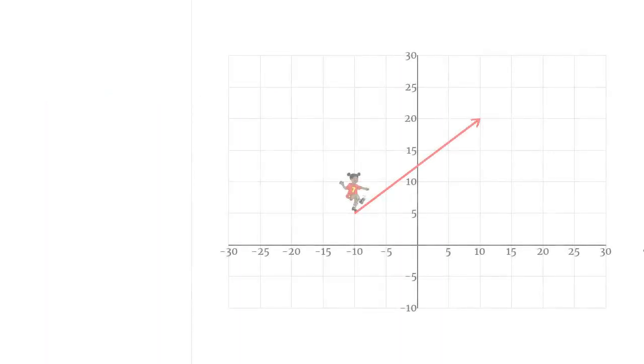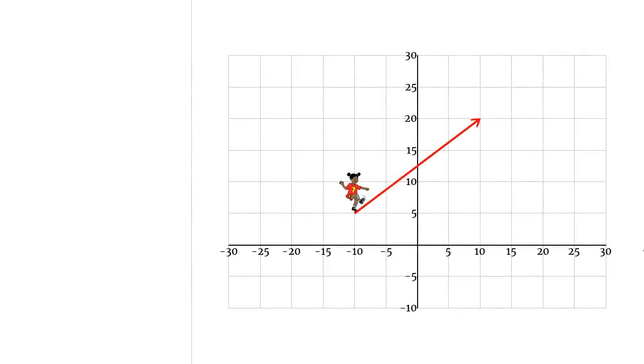In our last lesson, we started learning about vectors in 2 dimensions. Here's an example, the same example from the last lesson. We've got a soccer player, and she undergoes a displacement from one position on the field to another. So suppose we're given this vector diagram, and we're asked to measure the magnitude and the direction of the displacement